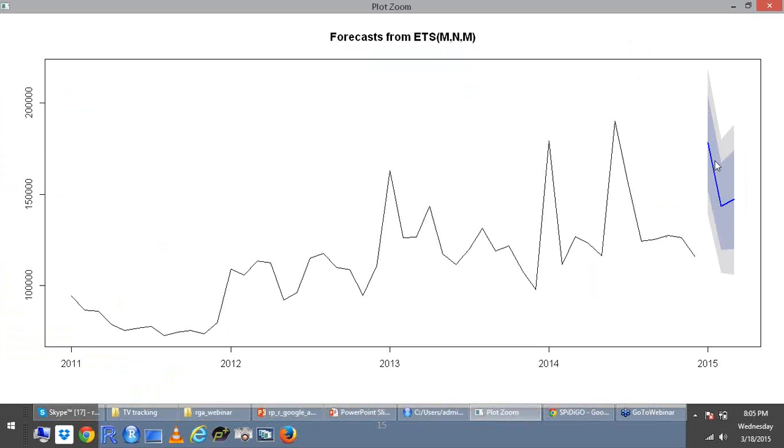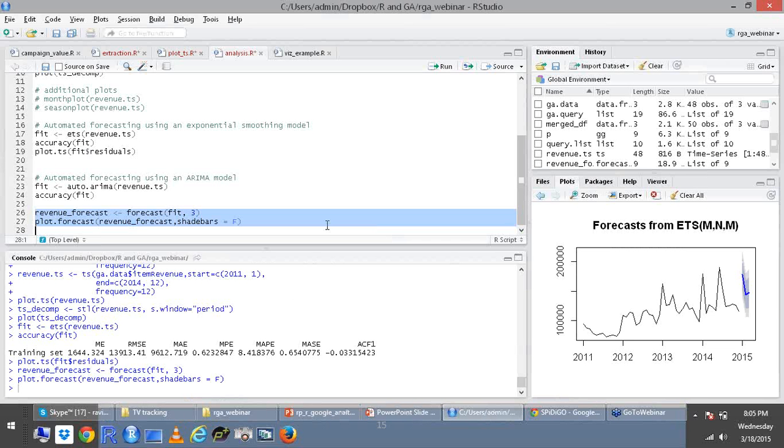On the gray zone is the forecasted value, and the blue line is the actual value, and the gray and dark gray are indicators of different confidence intervals with which this forecast has happened.